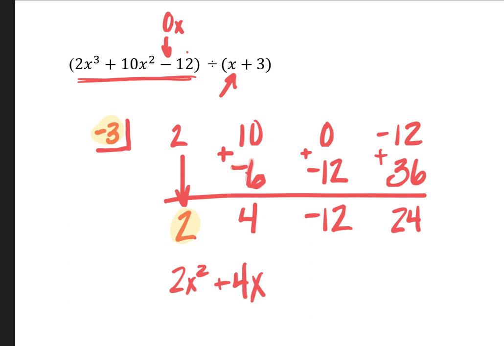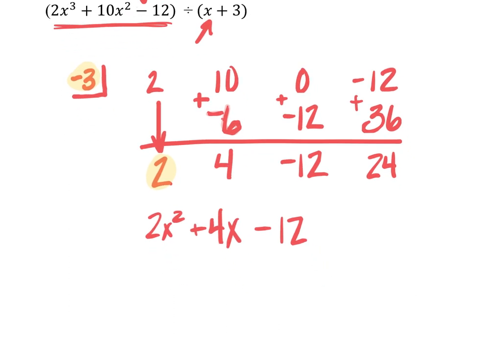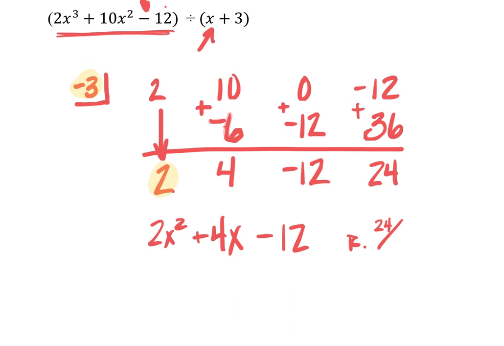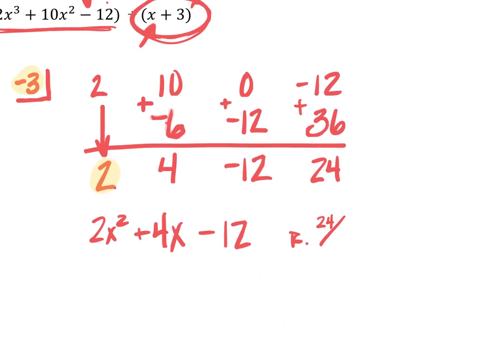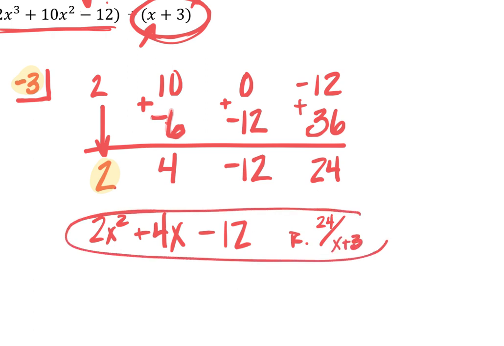So 2x exponents, 1 exponent, the -12 will have 0 x's on it. And then, of course, the 24, the last number, will always be your remainder, so 24. But we're going to divide this not by -3, because -3 wasn't exactly what we were dividing by. We were actually dividing by x plus 3 in this problem. That was like our main goal. So I'm going to make sure to list this as x plus 3 as our remaining thing, and then there's